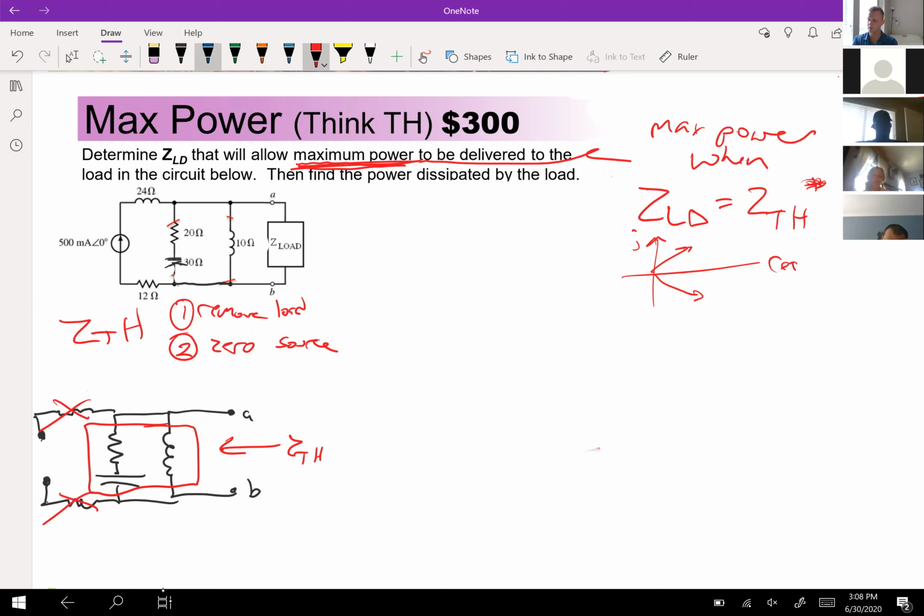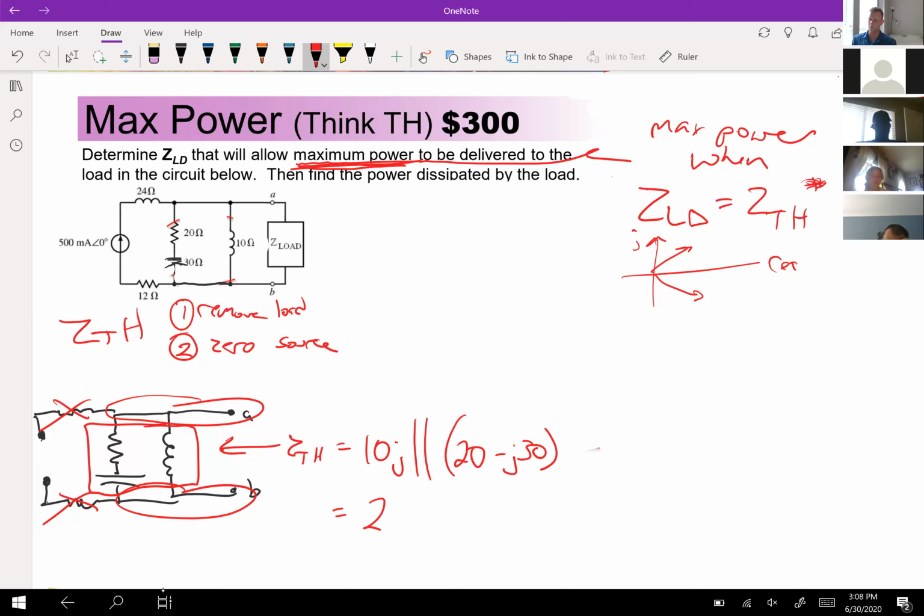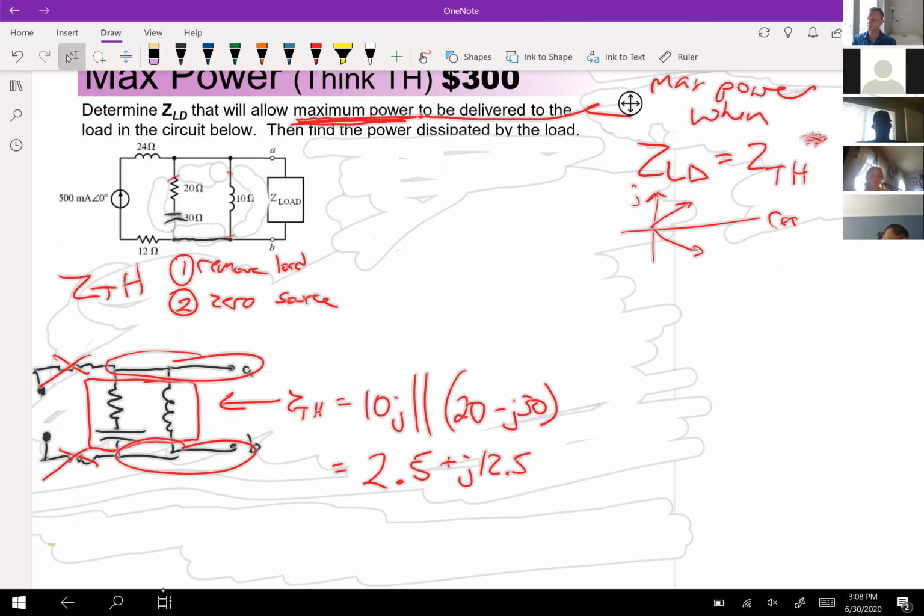Well, what does that look like? We'll call that the Z equivalent, but it's between the nodes A and B. And so we have 10J paralleled with 20 minus J30. The way that I would write it is just like that. I would write minus J30, but then I would write it on my paper, 2.5 plus J12.5. But in my calculator, if you wanted to know how I would type it,